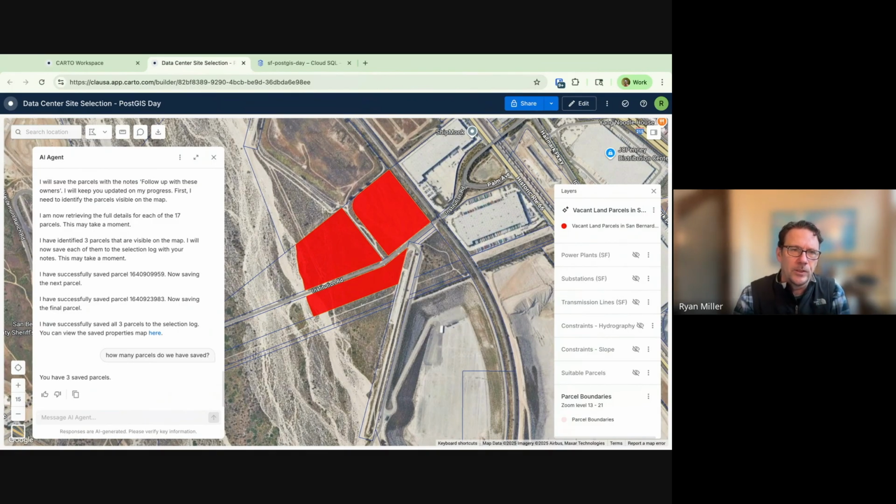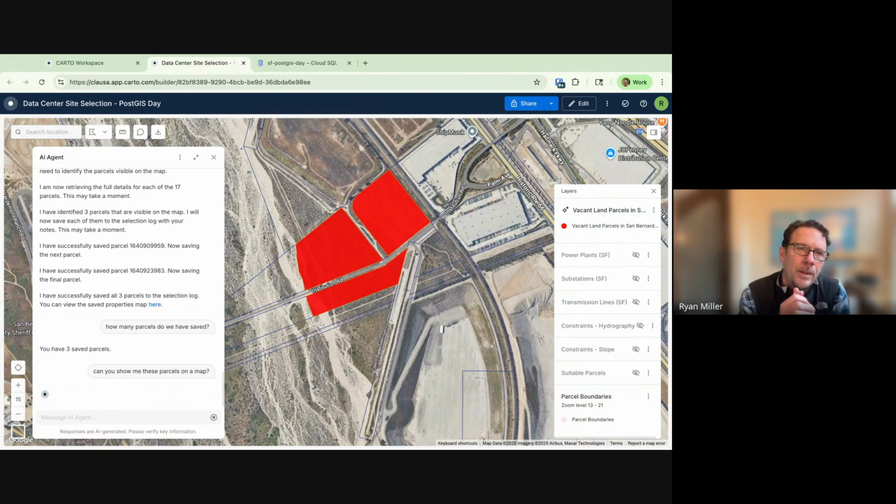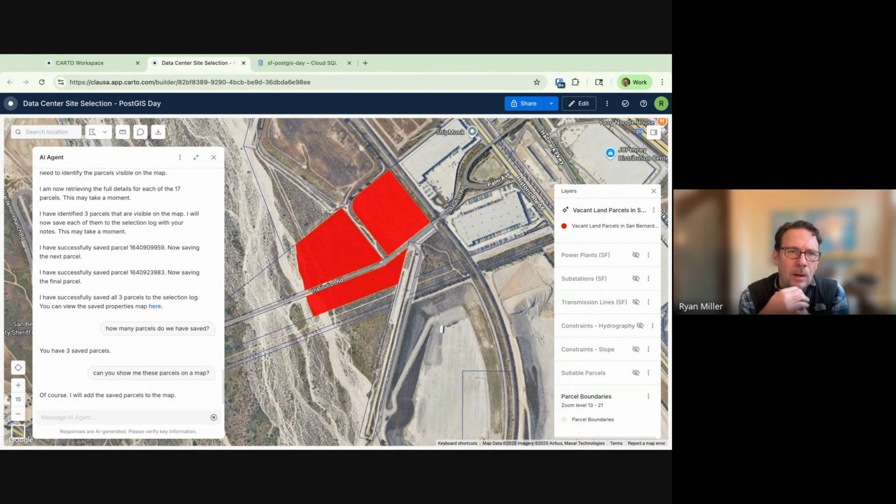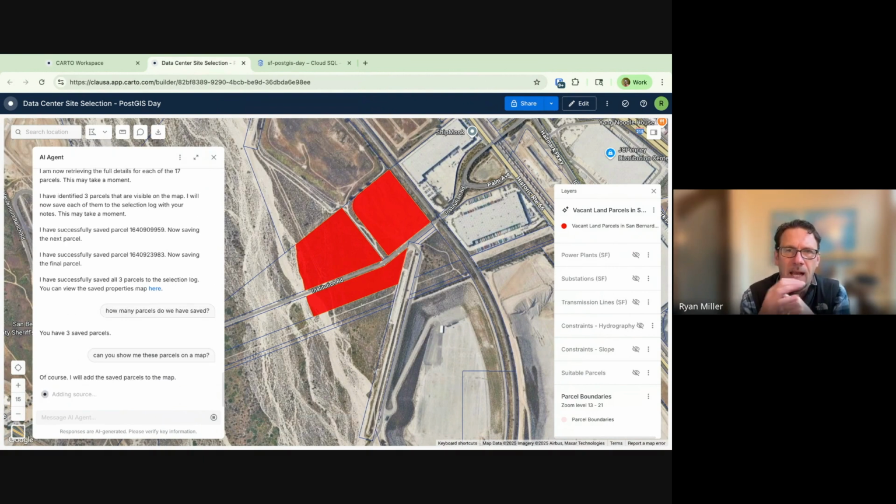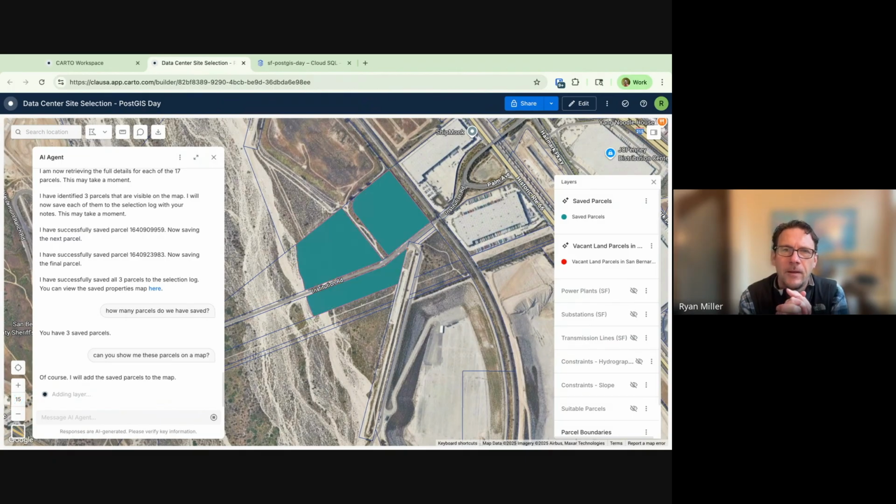So one last question: can you show me these? And so basically, this will query the Postgres database, add those parcels to the map, style them just like it did before. So this would be just those 3 that we have saved inside of Postgres.